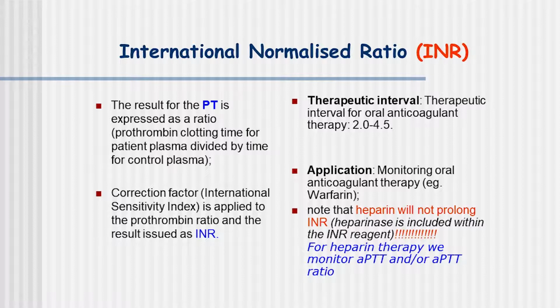International normalized ratio, that is the prothrombin time and intrinsic and extrinsic factors. We can apply it to monitoring oral coagulation therapy, for example using warfarin for a person who has a problem with clotting. If somebody has a problem with clotting, the person is put on blood thinners for the rest of the person's life. The reason why is that